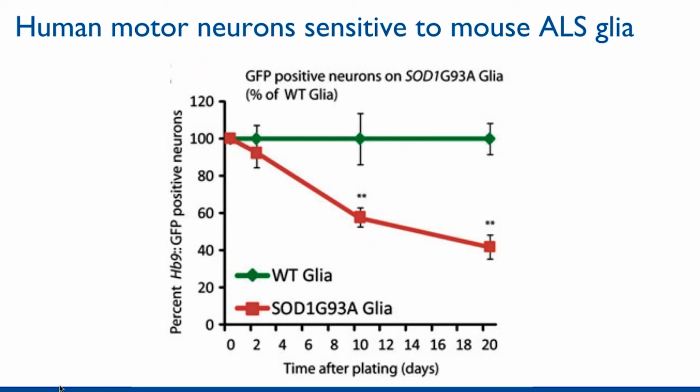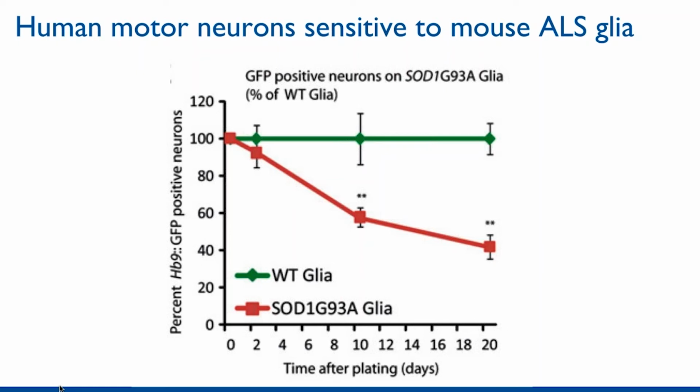And here what you're seeing is an additional proof of concept that brings us a little bit closer to translation. So again, still even before the first iPS cells were derived, we had translated those methods for making motor neurons from mouse ES cells into differentiation of human stem cell derived motor neurons. And here what you're seeing is an experiment in which we've taken a human ES cell line. This is actually the Hues 3 cell line that was made by Chad Cowan and Doug Melton, that Gabriella Boulting and Paolo, then both students in my lab, had genetically modified to carry an HB9 GFP reporter that was identical to that one we'd used in mouse.